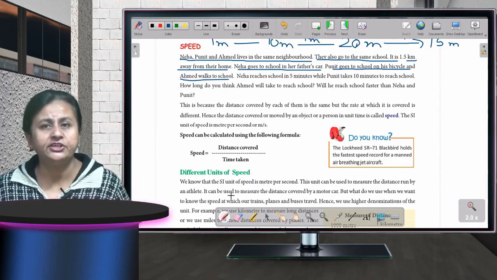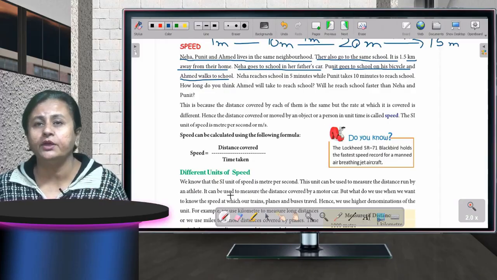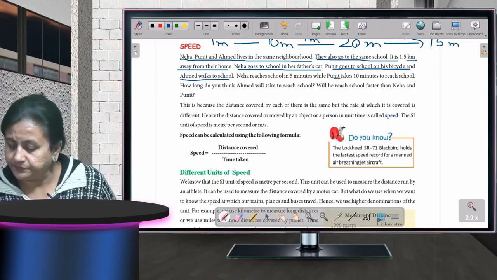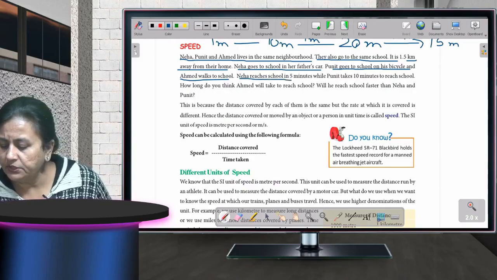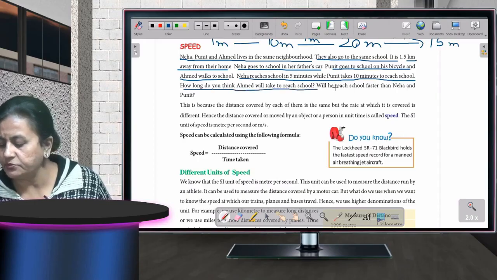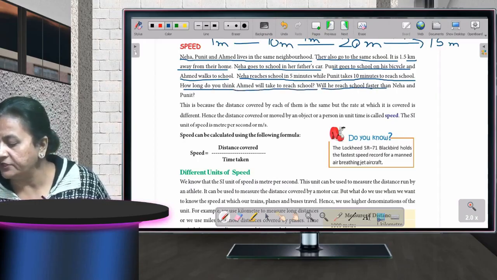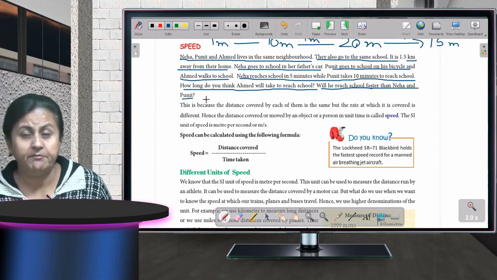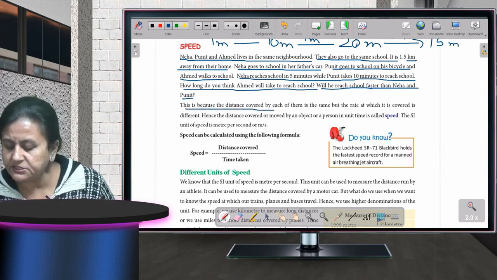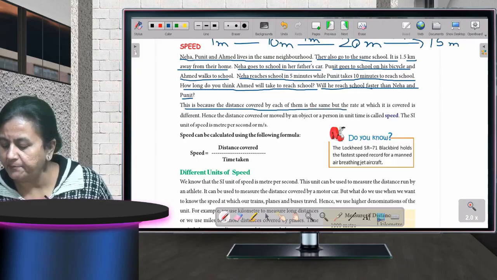So who would reach first? The one who is going by car. Neha reaches school in 5 minutes, while Puneet takes 10 minutes to reach the school. How long do you think Ahmed will take? Will he reach school faster than Neha and Puneet? No. Why? Because he is going on foot. This is because the distance covered by each of them is the same, but the rate at which it